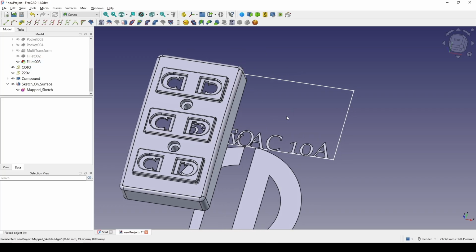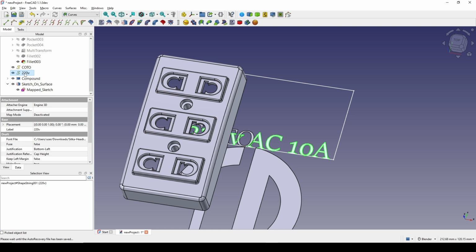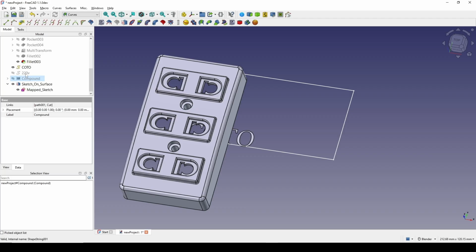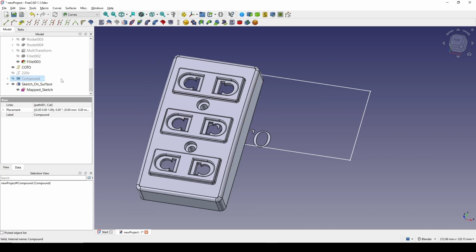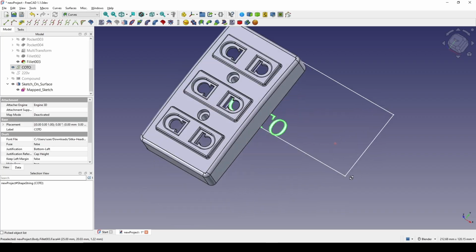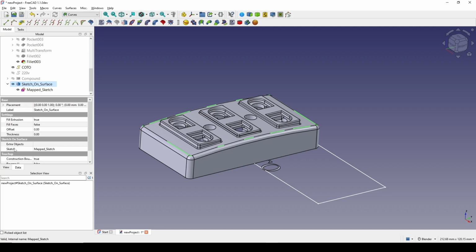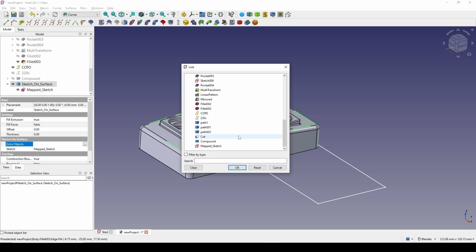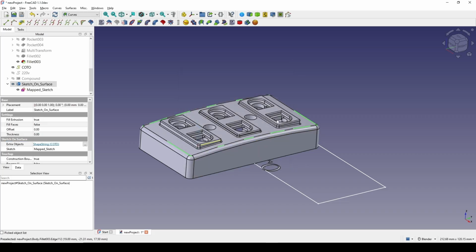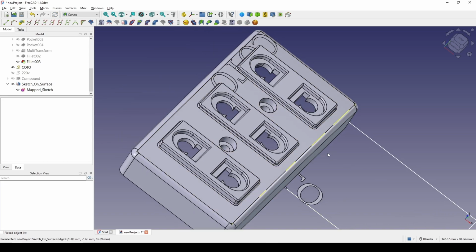All right. So first I want to work with this name first. Let me hide the text over here, and let me hide the compound over here. I will work with that later. So this one over here. I click on the Sketch on Surface and go down to the data, and it's extra object. I choose an option, and then I look for and choose this one,